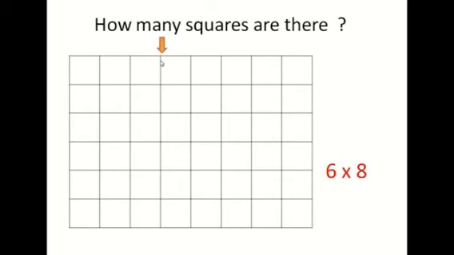Look at the arrow here. From this arrow I will take a scissor. After these 3 square boxes I will cut it from here till the down. Then what will happen? The left side 3 by 6 will be one grid, and on the right side 1, 2, 3, 4, 5. So 5 by 6 will be another grid. You can follow me and do it with me also right now.